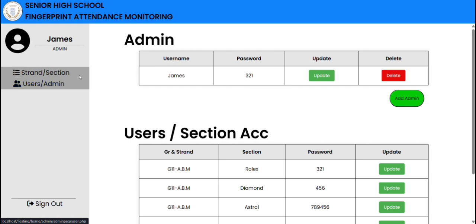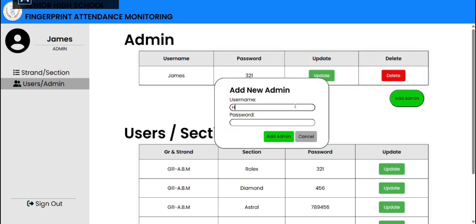In this page, we can see the admin and the user or section account. In this page, we can add an admin account.